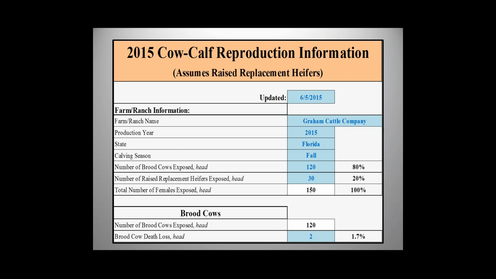Now, our first worksheet is the reproduction worksheet. It's going to record and evaluate the reproduction information for your cow-calf operation. Again, this budget template is designed for those producers that raise their own beef replacement heifers. Now, this is just a portion of the reproduction worksheet. The cells that are highlighted in blue there, these are the cells that users are going to insert their data